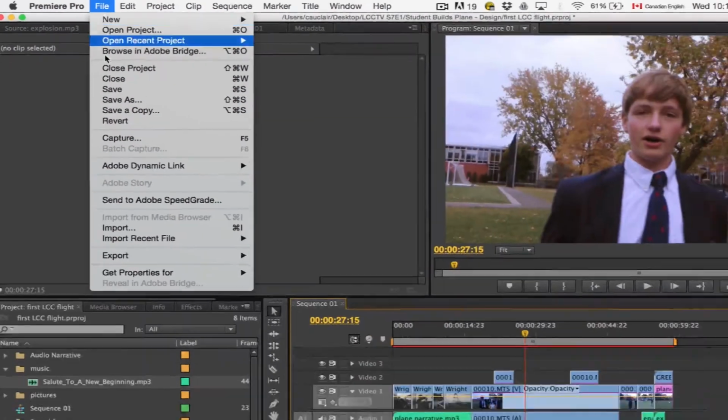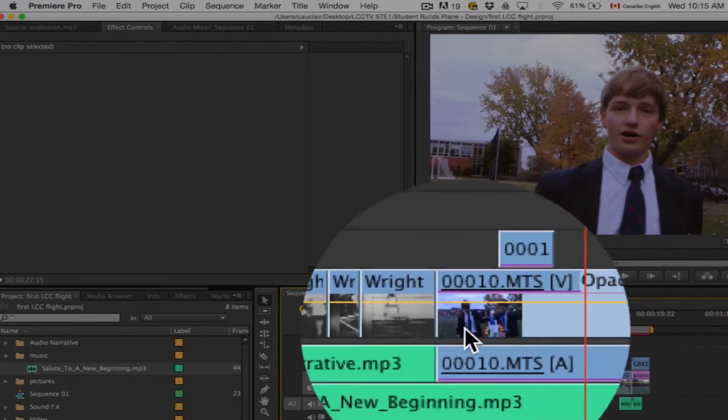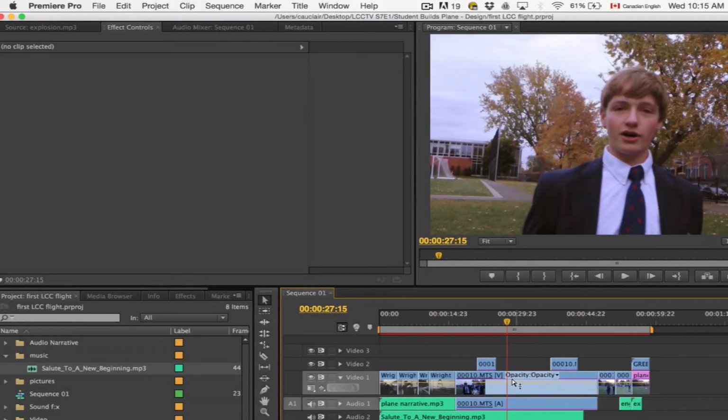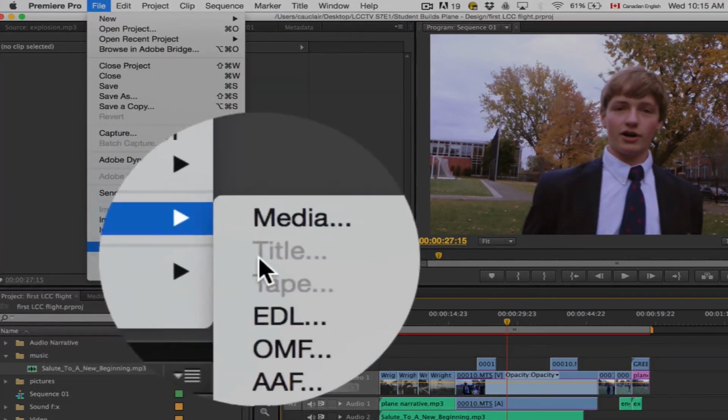First off, save your project. Now the project file just remembers all of these pieces and where you put them and which clips you used. That's your project file. If you want to go back and edit it, you open your project file, you get all of these pieces. But if you want to crunch them all into one final video, you go File, Export Media,